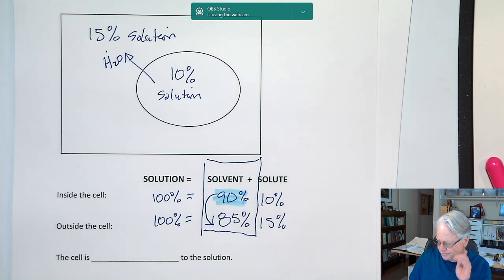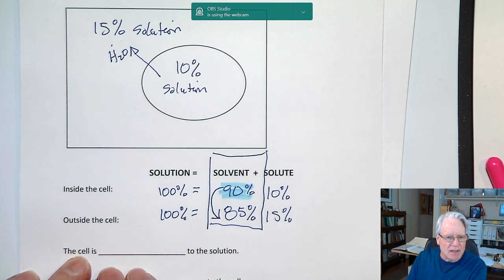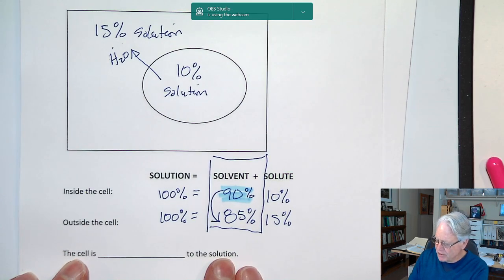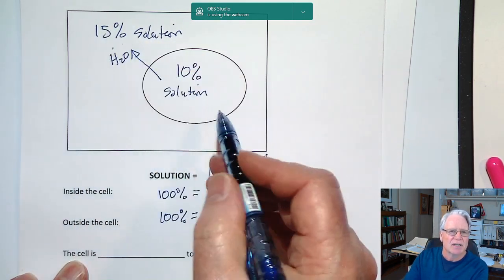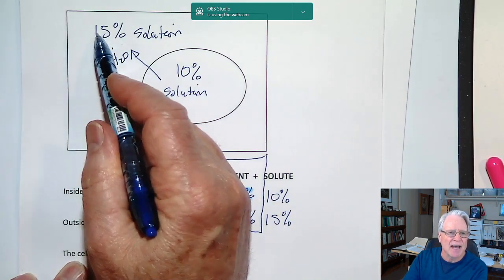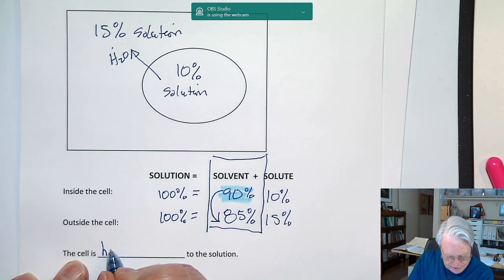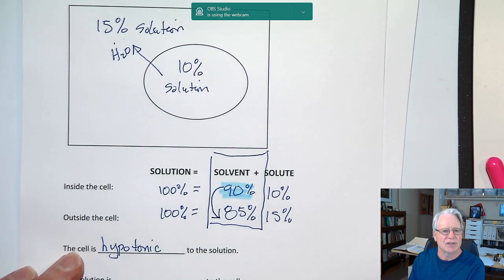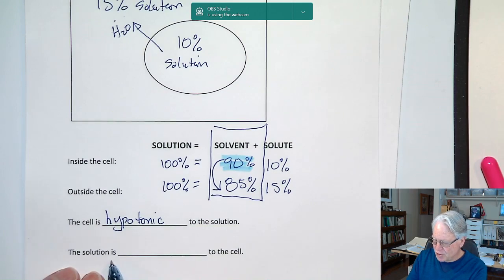All right. Now, let's introduce some terminology here. I want to describe the cell compared to the solution. And what I see when I look at the percentages is that's 10%. That's 15%. This is less than that. So the term that I'm going to use is hypo, meaning less or under. Hypotonic to the solution. The cell is hypotonic to the solution. Okay. The solution,